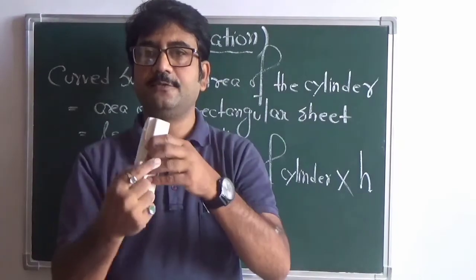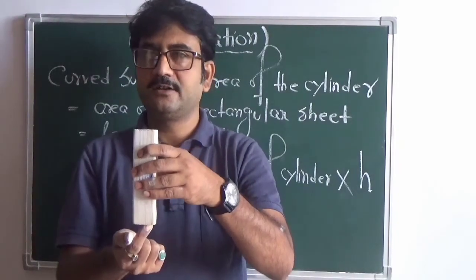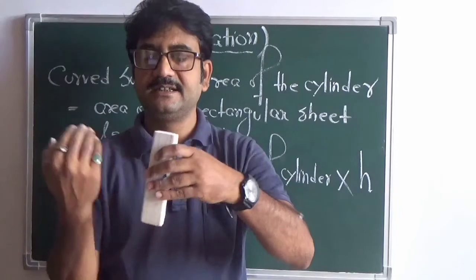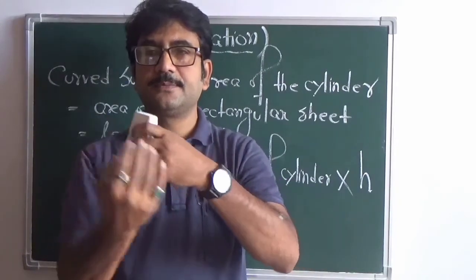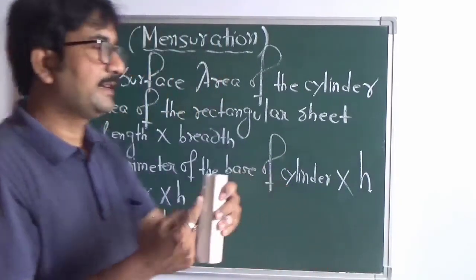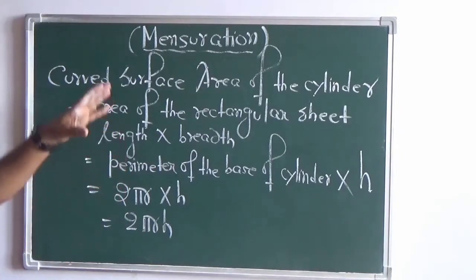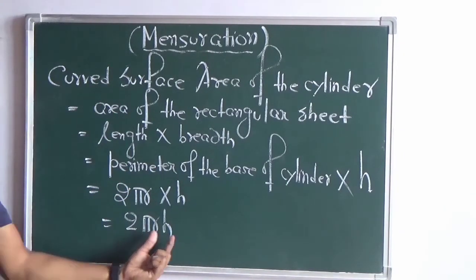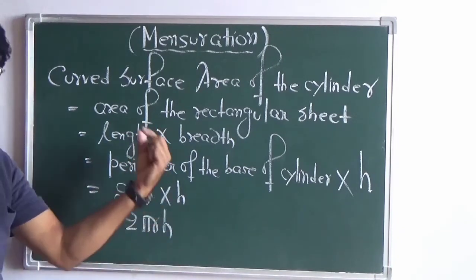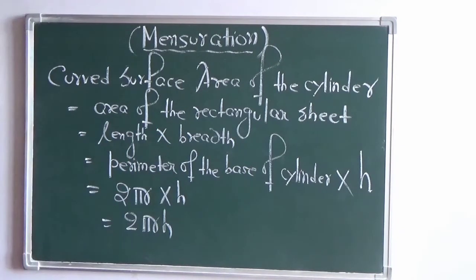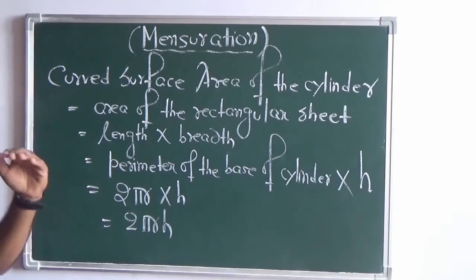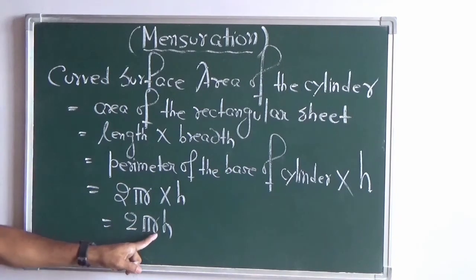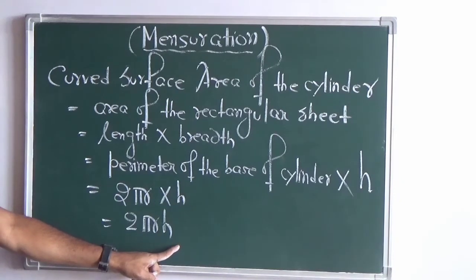Supposing it is a cylindrical form, the top and bottom are not covered. This is the surface we have got. This is called the curved surface area, and the formula for the curved surface area of a right circular cylinder is 2 pi r, that is the circumference, multiplied by the height of the cylinder. Okay, now if you have understood this, we will move ahead, where r is the radius of the cylindrical base and h is the height of the cylinder.